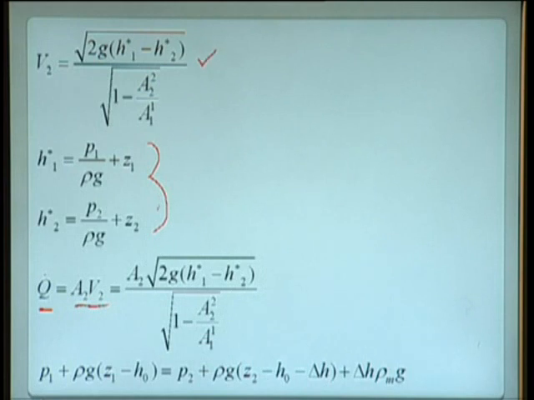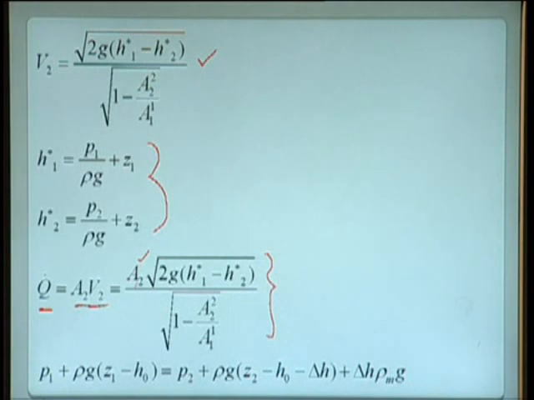So, in this equation, this is the equation from which we can write Q is equal to A2 root of 2g (H1 star minus H2 star) divided by root of (1 minus A2 square divided by A1 square). Right. Now, this can be further simplified and we can write in any other manner, but in this equation this